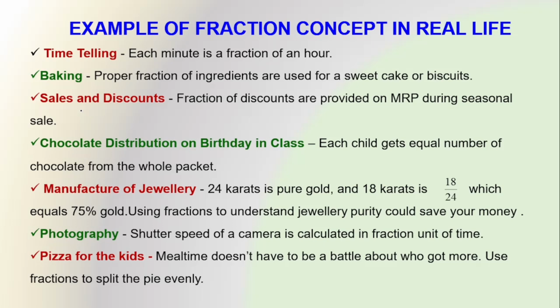And photography means shutter speed, and also using pizza for kids, so that they do not have to battle about who got more. That's why we equally divide, then distribute. Okay,